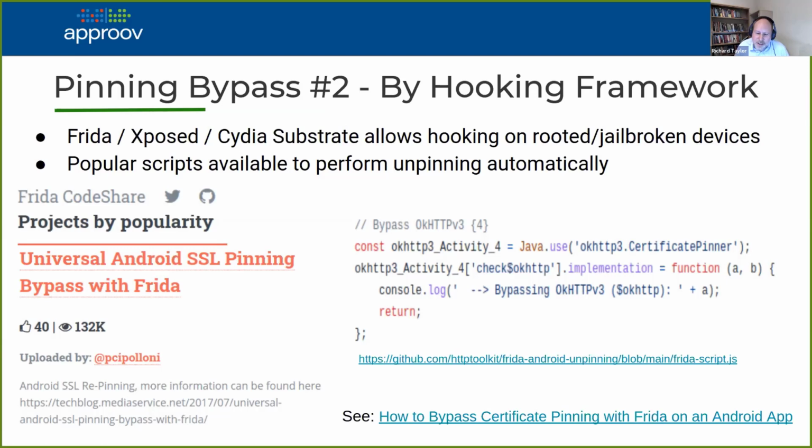This is for OkHttp, which is looking at the Java class OkHttp CertificatePinner, and a particular method inside that is being modified. What this is saying is that rather than run the code you normally run, just run a stub that doesn't do anything. Presumably the way the function works normally is if there's a pinning failure, then it blocks or throws an exception. So once that's running, the pinning is disabled in the app.